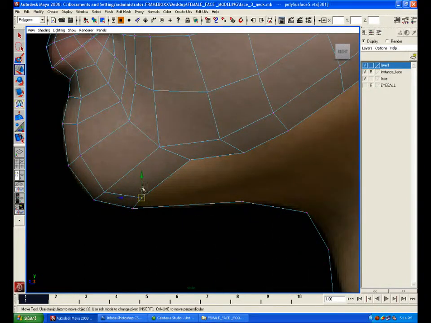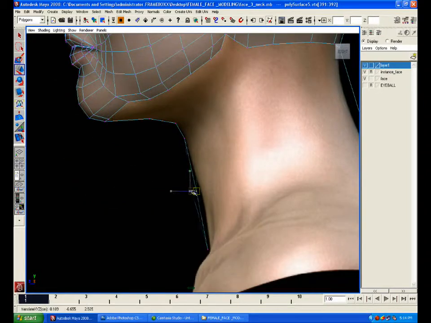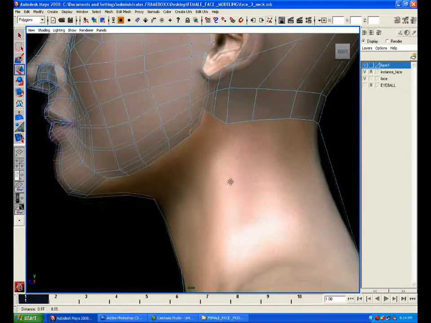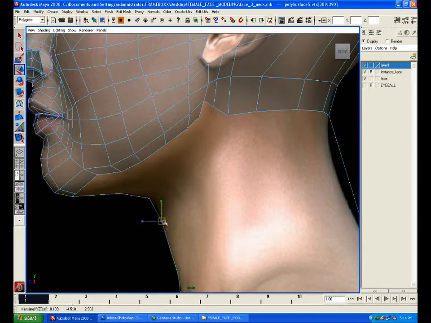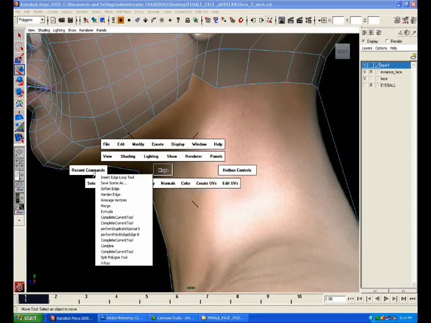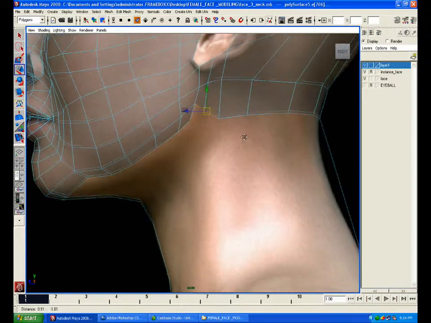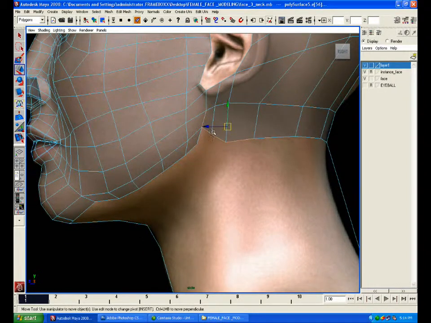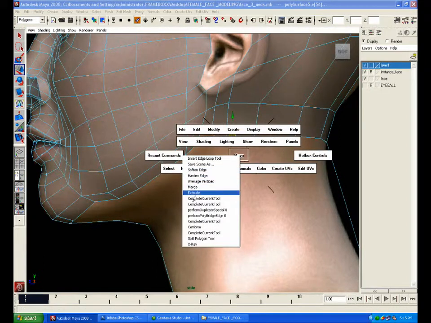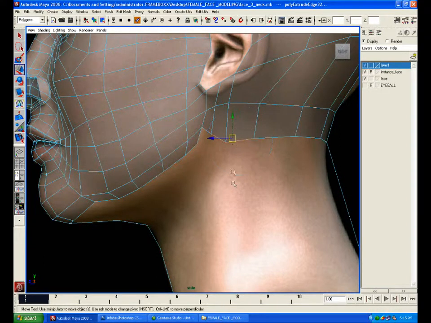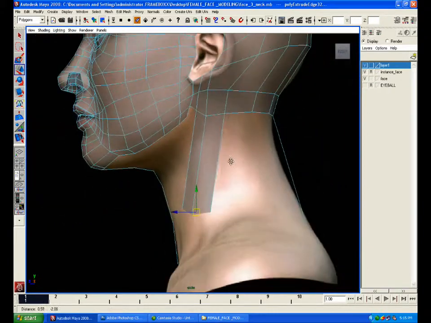Here we will insert edge loop so that we can get a few more vertices here to define and give roundness and smoothness to our model and create our neck muscles and sternomastoid muscles and trapezius of our neck. Now I will select these two edges and these 3 edges,